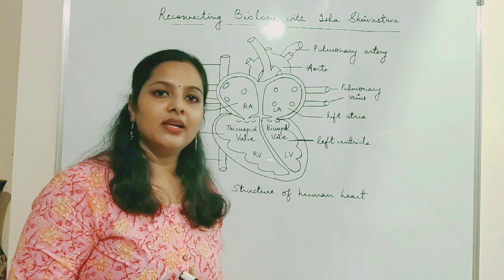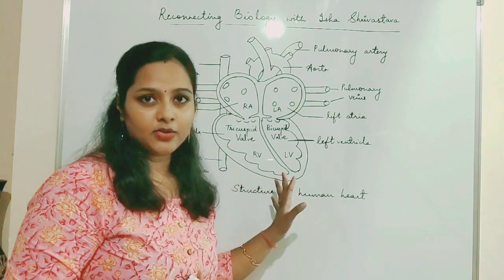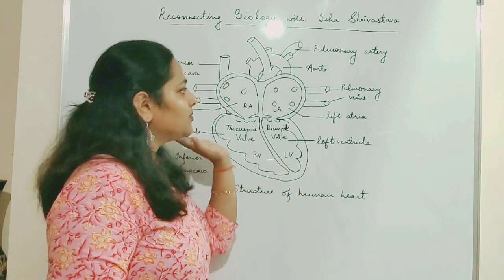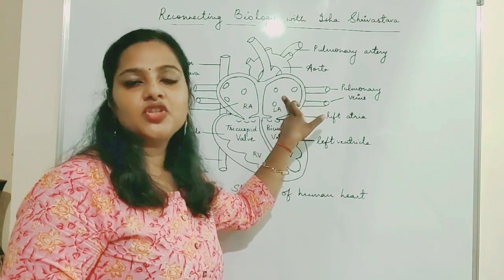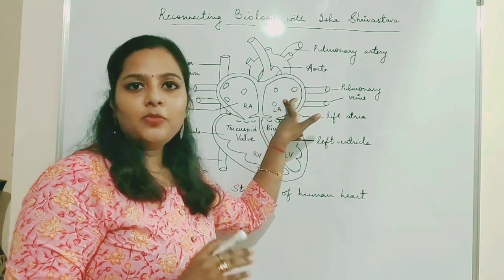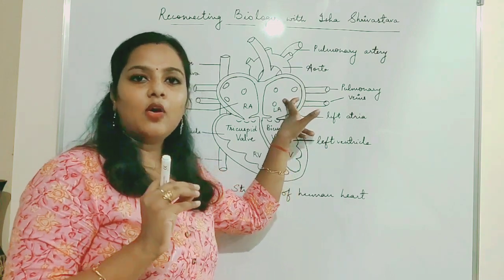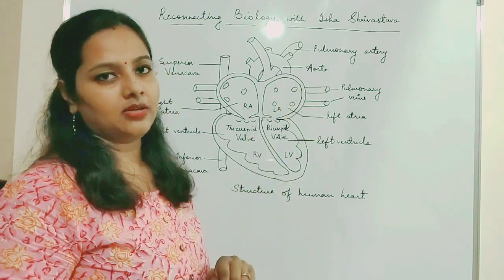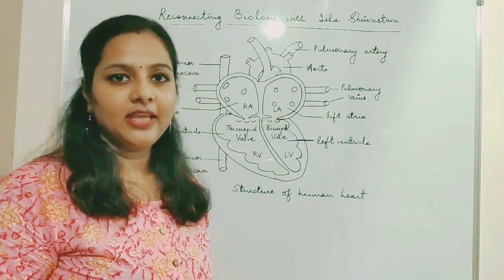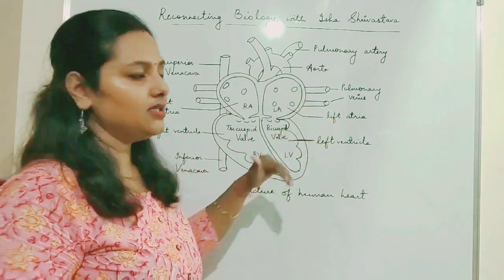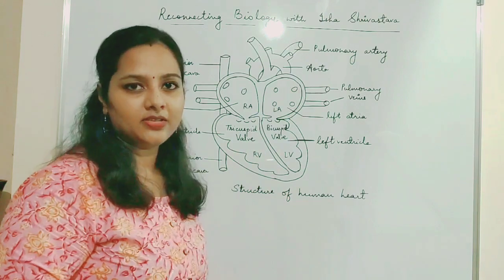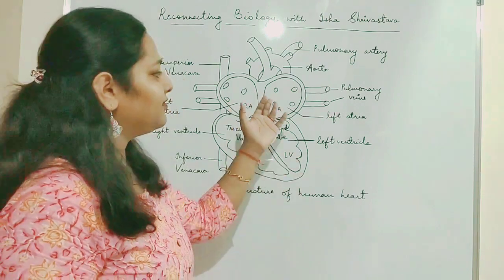Now, this oxygenated blood has to come back to the heart so that it can pump it out to the rest of the parts of the body. So, it is brought into the left atrium by the pulmonary veins. Four pulmonary veins bring the oxygenated blood into the left atrium. Now 1, 2, 3 and 4, these are the four pulmonary veins. They open from behind the heart, the dorsal part of the heart, and these are the four openings of these pulmonary veins. Now the oxygenated blood is poured into the left atrium.